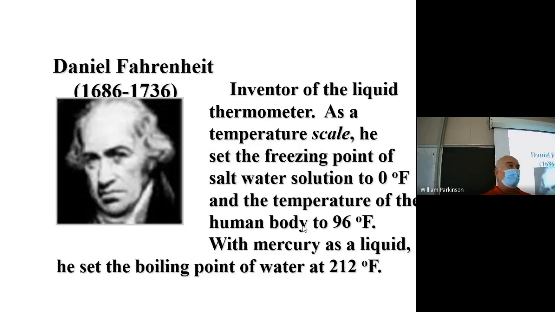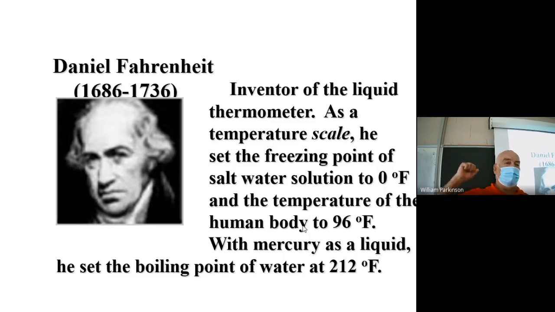And so he put mercury in a tube, and when he put the mercury in the tube near a hot object, the mercury expanded greatly. When he put the mercury in the tube near a cold object, it contracted to a much smaller volume, and he just decided to mark them off to some known temperatures. So what he did was he took the coldest thing he could make, which was saturated salt water solution, not pure salt, pure water, but he took salt water, put ice into the salt water, put the mercury thermometer in there, it contracted down, and he marked that off as 0.